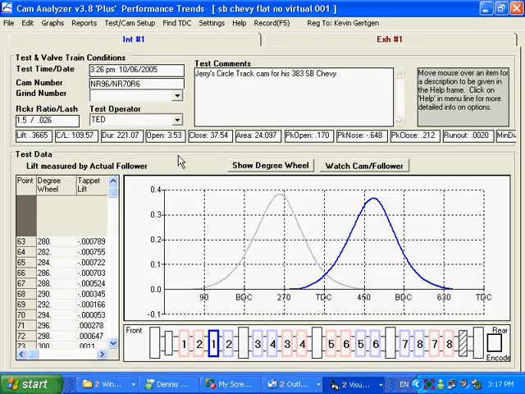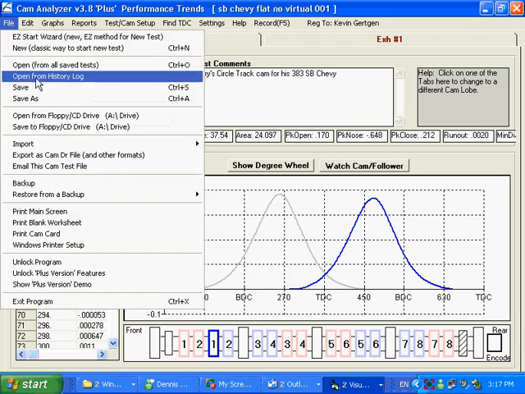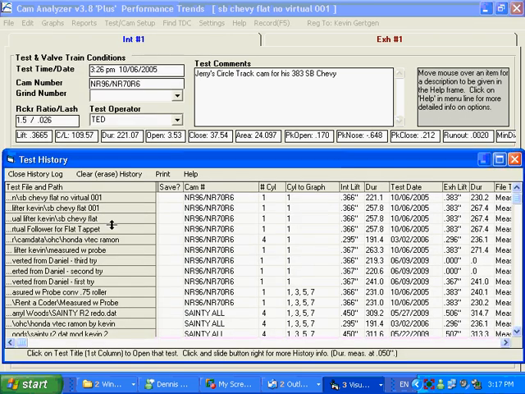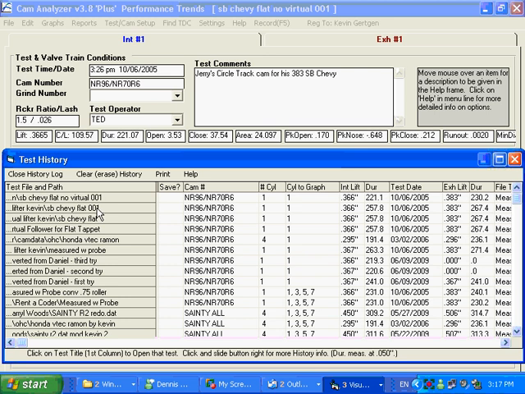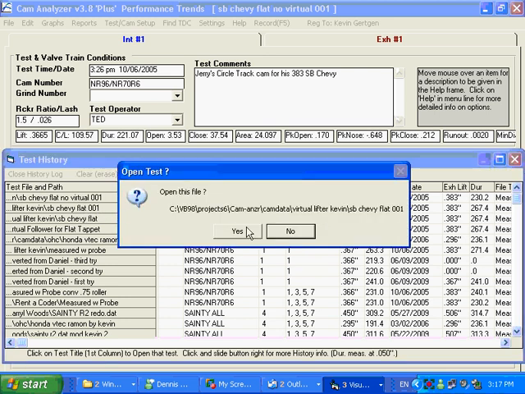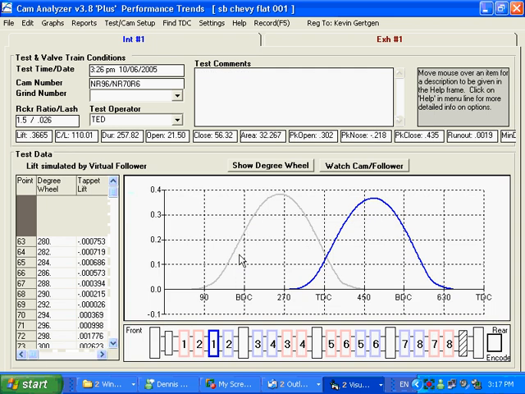Okay, I'm also going to show you another feature here with the virtual follower. I'm going to click on File, and open from History Log. I could open from All Saved Tests, but I want to show you how the History Log works. History Log is a chronological list of everything you've done with the most recent stuff up at the top, and things that you did further ago are down here at the bottom. So the virtual follower is the second one in the list because it's the second to the last thing we ever worked with. So I'm going to open this file, and you can see here we got back to the